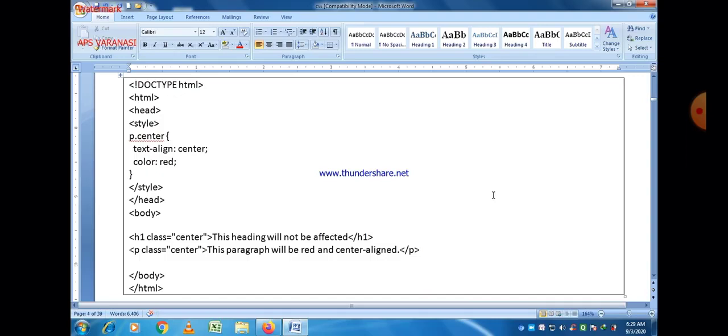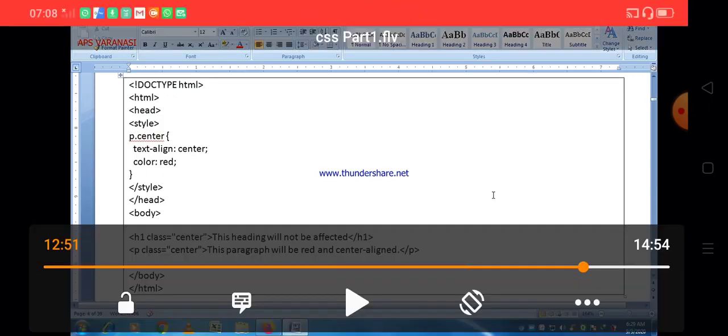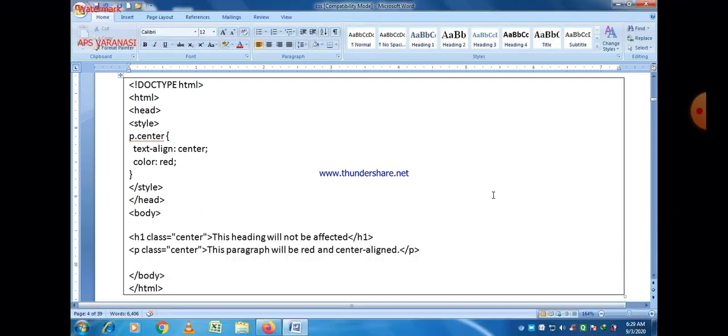So in this lecture, our focus is on the class selector, and on giving an individual tag name as a selector.